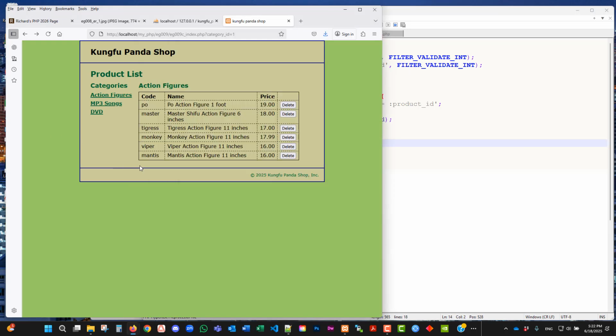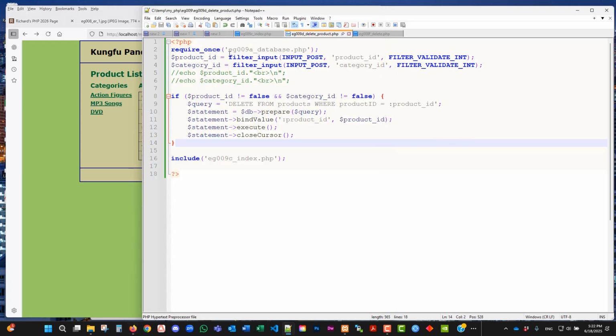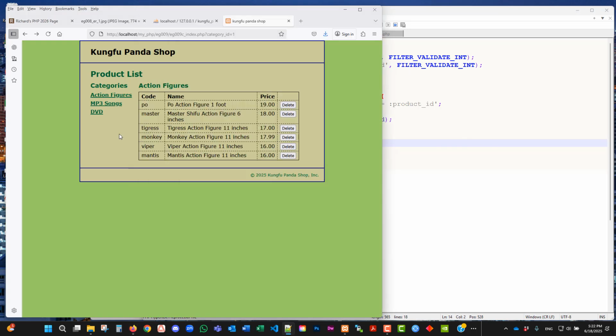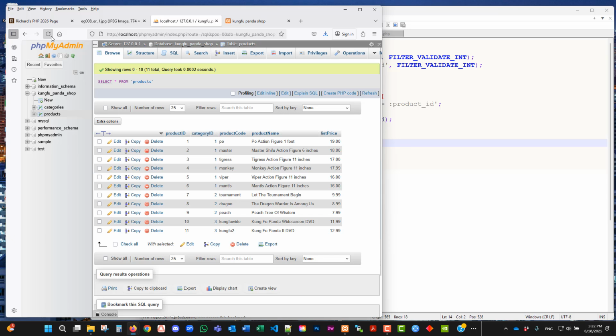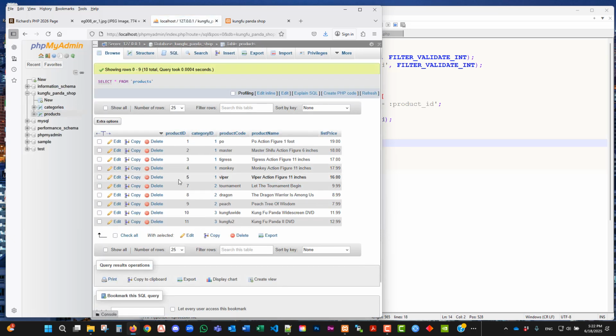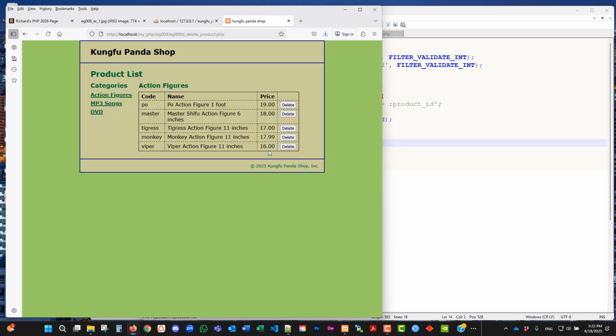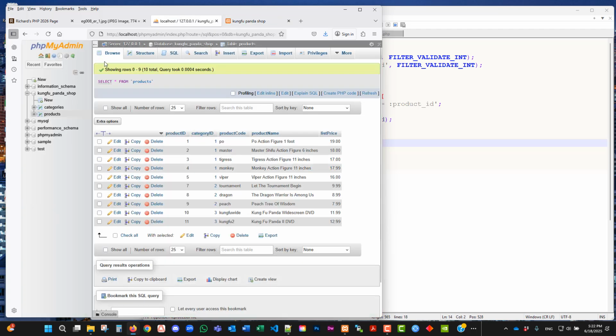Come back here. Now, I don't think we need to reload because the delete will take care of it. If you press delete, it will get the value, delete it, and send the user back. So Mantis is gone. If you reload, you realize 6 is gone. Okay, Mantis is gone. If you press delete here, Viper will be gone. And then reload,